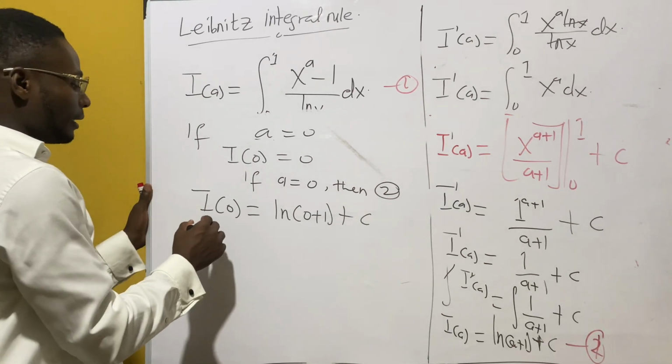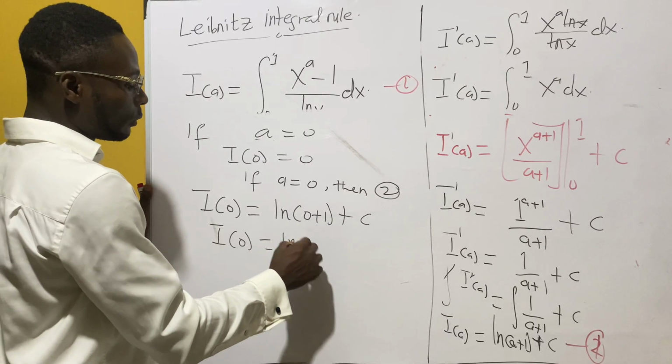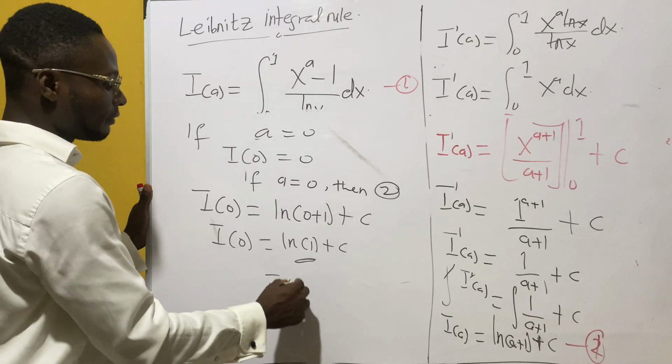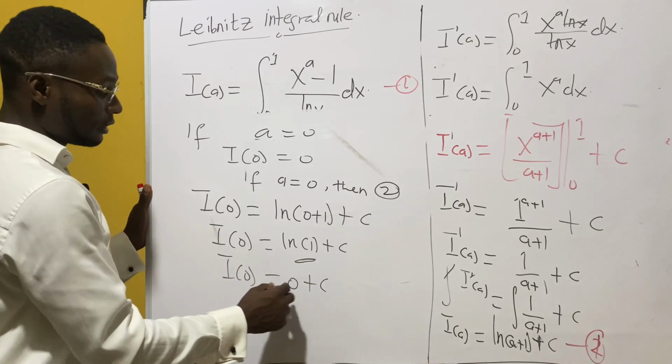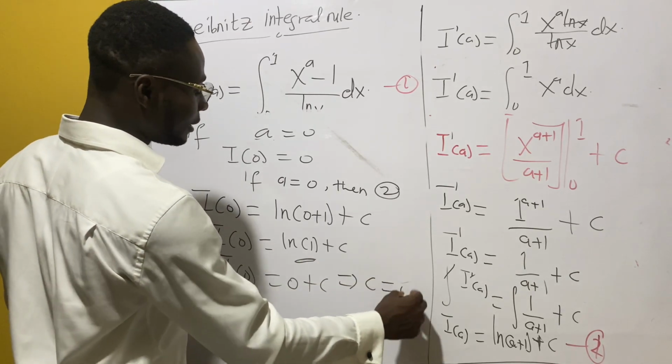Then I of 0 is equal to ln 1 plus c, and we know that ln 1 is of course 0, so I of 0 is equal to 0 plus c,